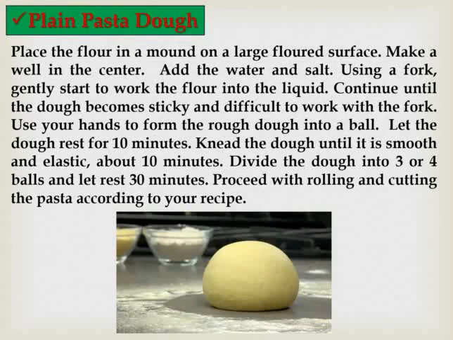Next is plain pasta dough. Plain pasta dough has a large surface similar to basic pasta dough. It is made with different materials also, but it differs from other pasta in that when mixing the egg with the flour, they do not directly use their hand. They gently mix the egg with the flour with the help of a fork. After that, the gluten is released from the flour. Then they use their hand to mix it into a short ball. That is the different technique for making this type of pasta.